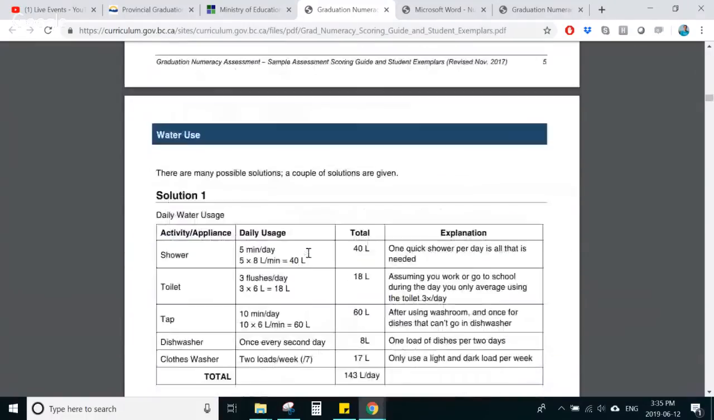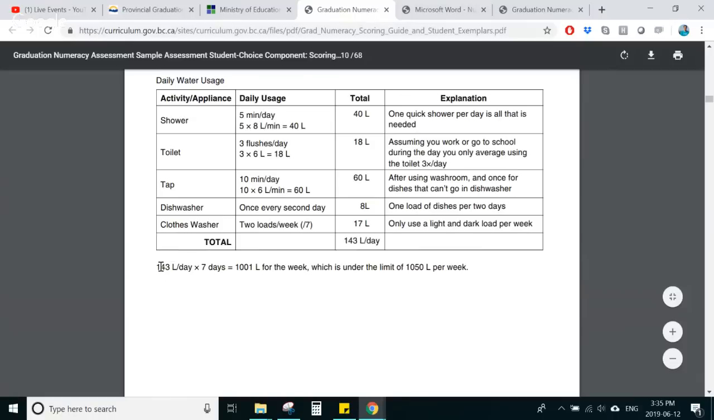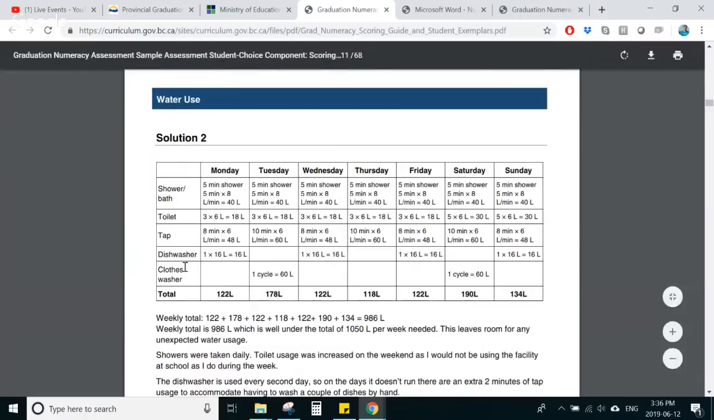Okay, here's an example of a solution. This one is a table showing the weekly water use as well as an explanation beside each of the appliances. This will get full marks, and it calculates the total of 1,001 liters per week. Okay, this would be a complete 4 out of 4 solution. They've used a graph to show their work. It's great. Here's another solution showing the budget for the week and each day of the week and the breakdown for each of the appliances for each day of the week. This one is a little bit more work,